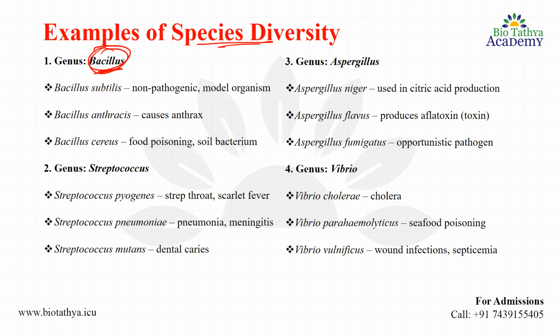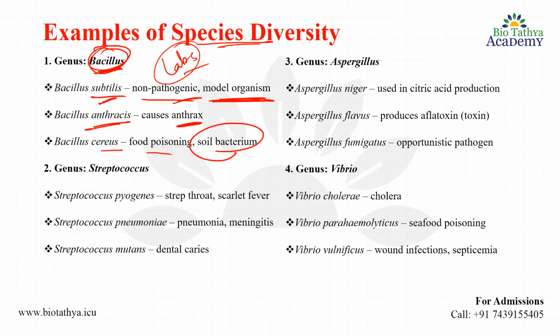Bacillus, it can be subtilis, which is a non-pathogenic model organism. Now, what is a model organism? Basically, in labs, when any kind of experiments are performed with this particular genus, this particular species is used because it is non-pathogenic and harmless. Then there can be anthracis, which can cause anthrax disease, and cereus, which can cause food poisoning, and it is also a soil bacterium. Then if we talk about the genus